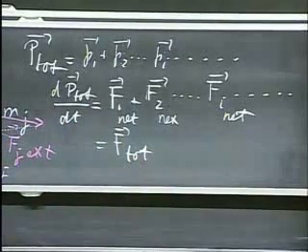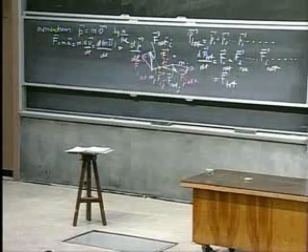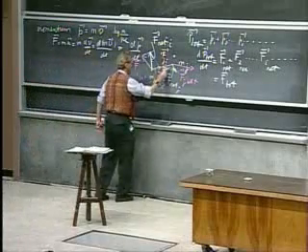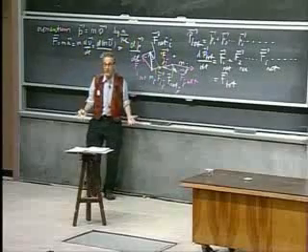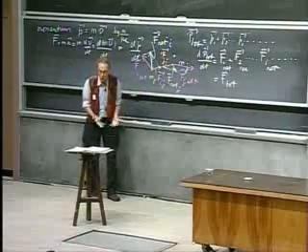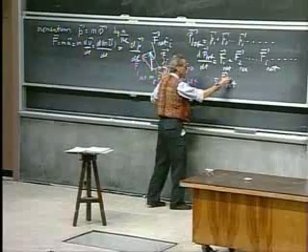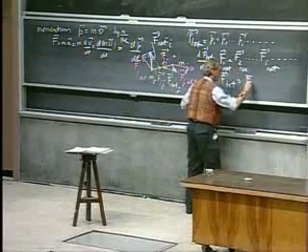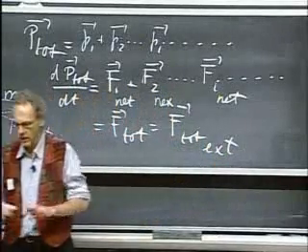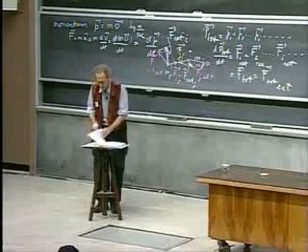Now comes the miracle. The miracle is that all these internal forces eat each other up. This Fji cancels this one if you look at the system as a whole, not if you look at the individual particles. But on the system as a whole, they all cancel each other out. And so the total force on the system is simply the total external force, and all the internal forces, you can forget about. And this means then